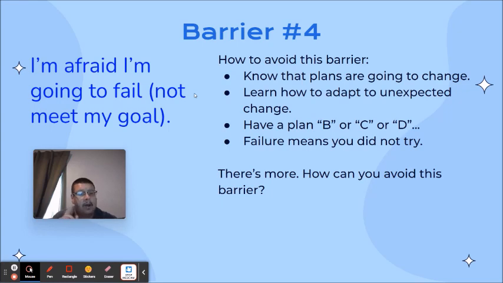Okay, and then also make a plan B just in case plan A doesn't work, or make a plan C if plan A or plan B doesn't work, or make a plan D if plan A, plan B, and plan C don't work. Okay, I hope they're seeing a pattern here. But go to A, B, C, and D. Okay, don't go all the way to plan Z or more. Just go ahead and come up with 3 or 4 plans just in case the first 3 do not work. And then if you're getting to plan D, then start making a plan E, F, and G, and so forth.